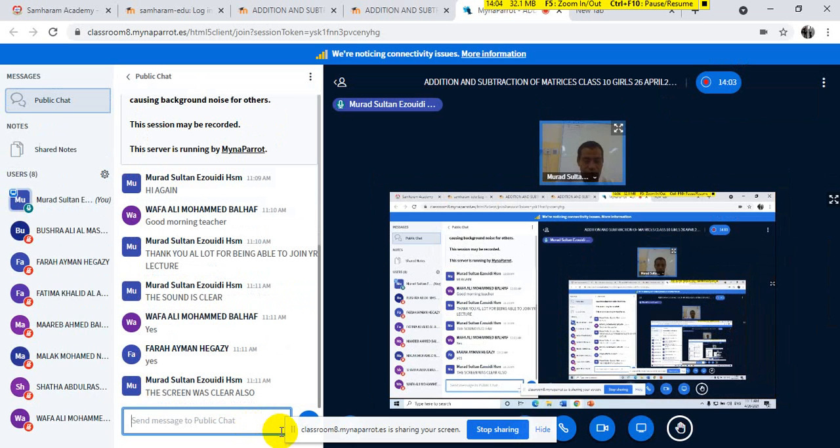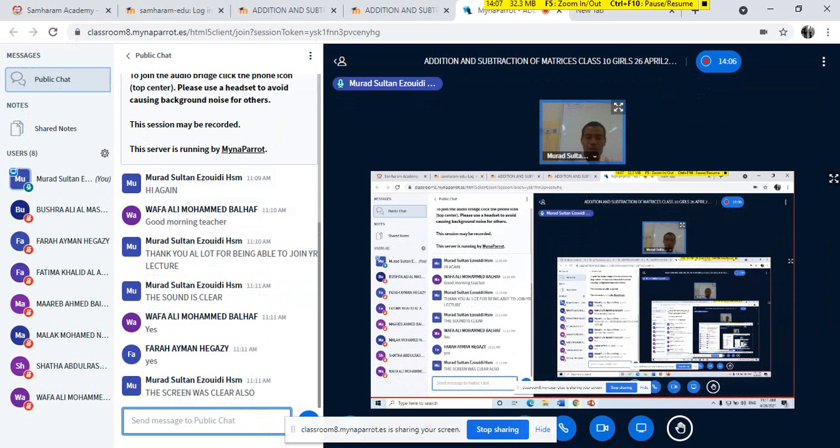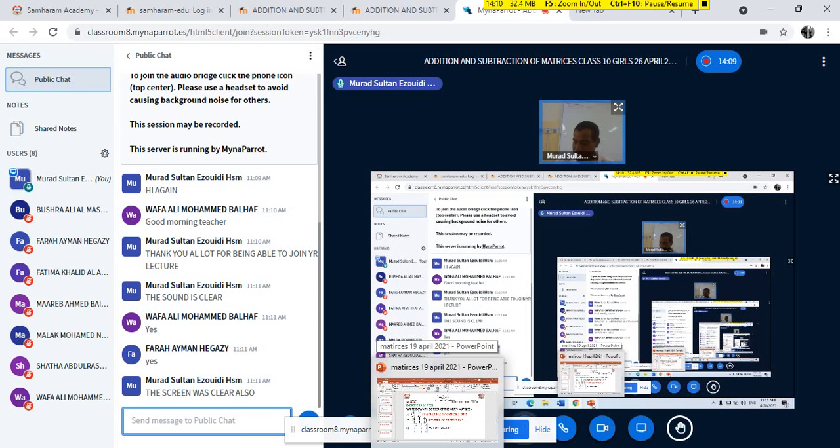Okay, my daughters, I will go immediately to the lecture. Today I will solve exercise 23.10, exercise number 1, page 522, with all of you. If you have your course book, please keep it open on the same page your teacher is working on. But matrices do not exist in the new book, the blue book. If you have it, use this. Between parentheses, I will write the question as it is.